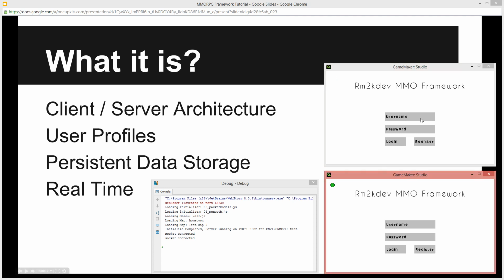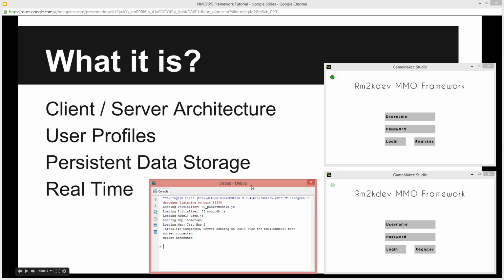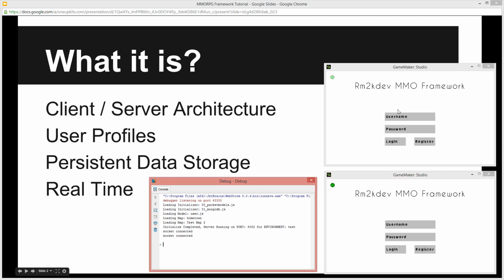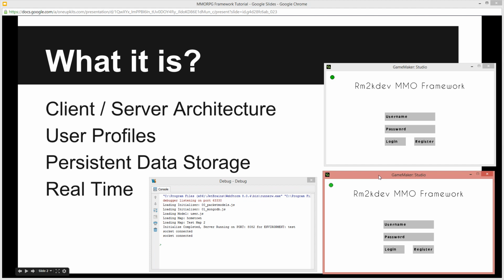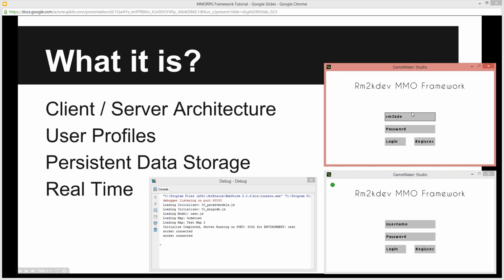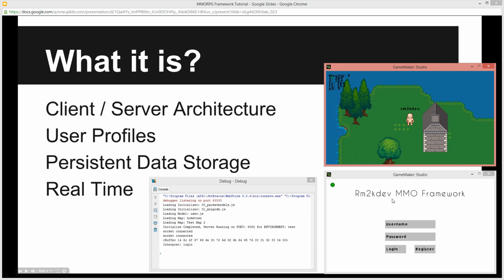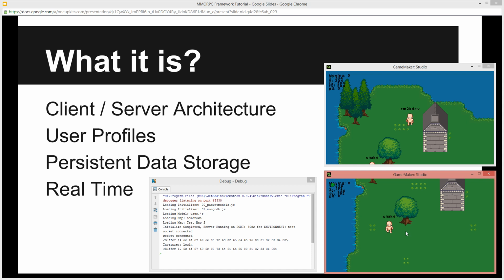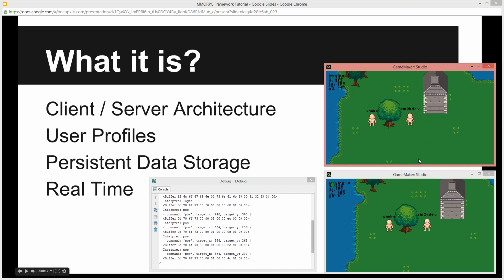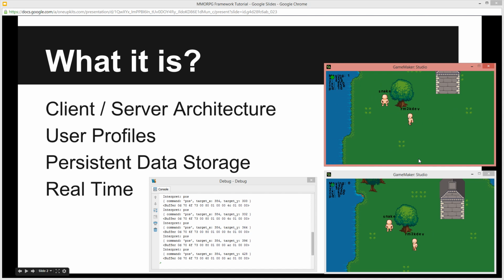I've got a server here running on the left side, it's just running in debug mode at the moment, and I have two clients that are running as well. The first client, I'm going to log in as myself, and the second client, I'm going to log in as Snake. There we go. So we have two clients currently, and as you can see, they are sharing their positional information